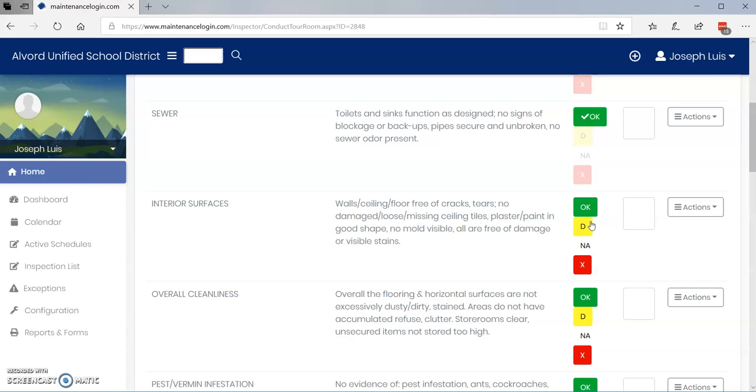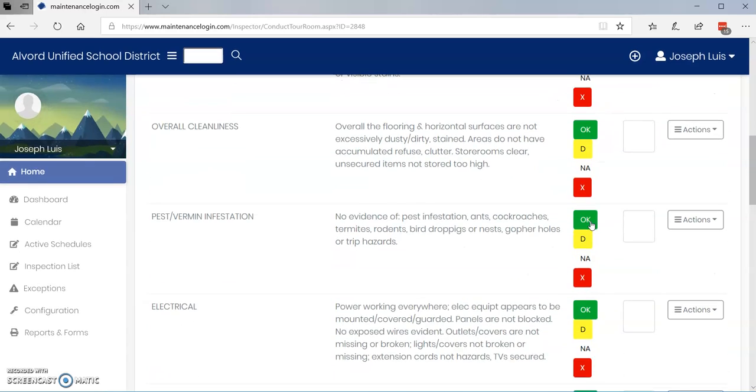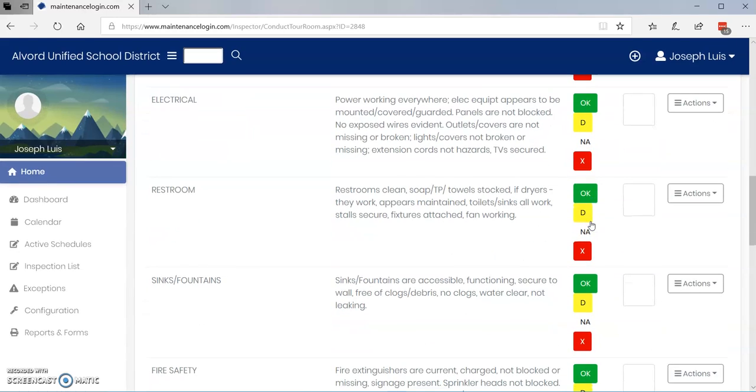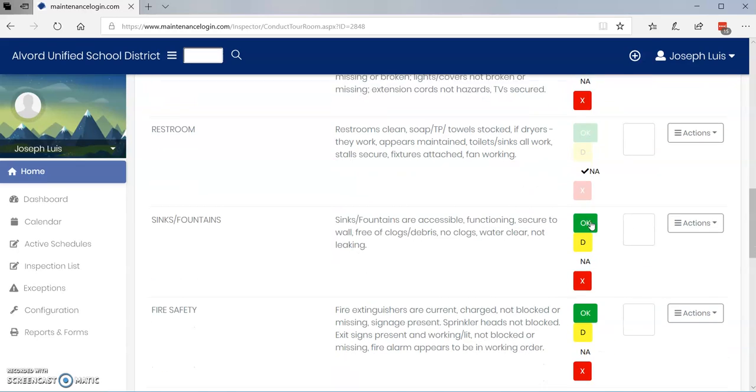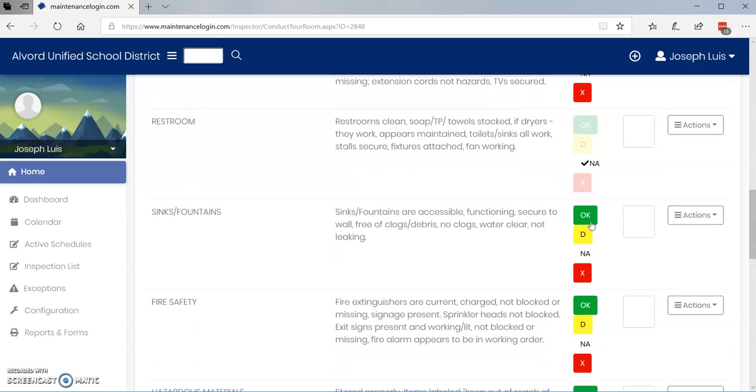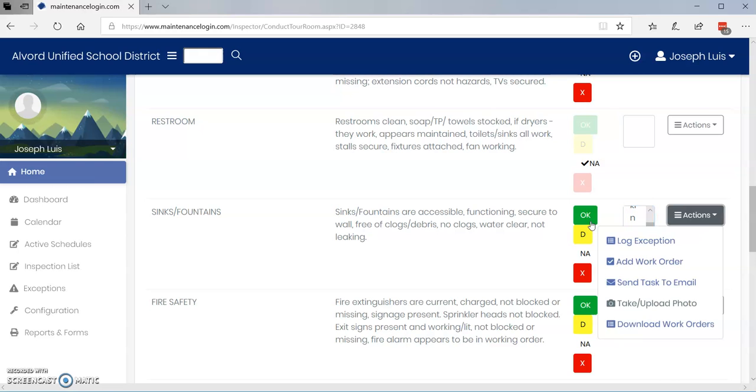If the interior surfaces, and I'll just go down to something like restroom, because it's NA. So the restroom is NA, so I'm going to press NA. If there's no sink and fountain, I can press NA. But if I needed to say if the sink was leaking, I could put a little note in here, sink leaking, or I guess it's the faucet, but I could also hit the actions button, and I could log an